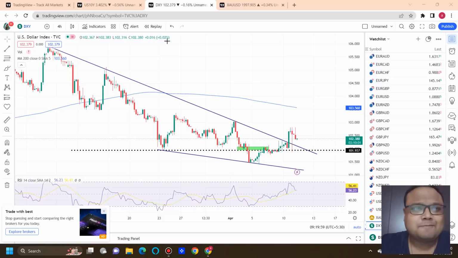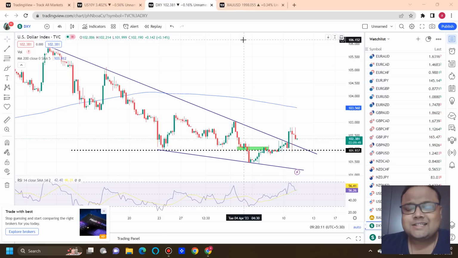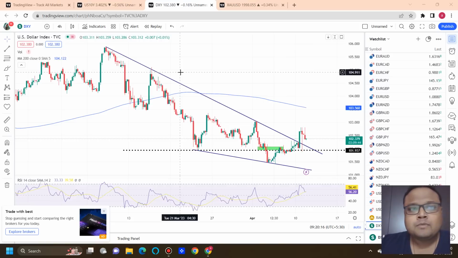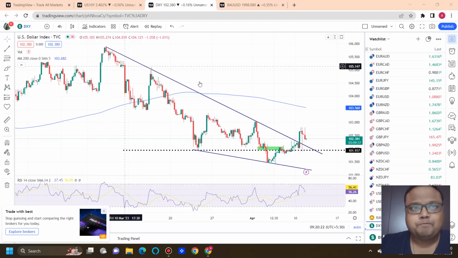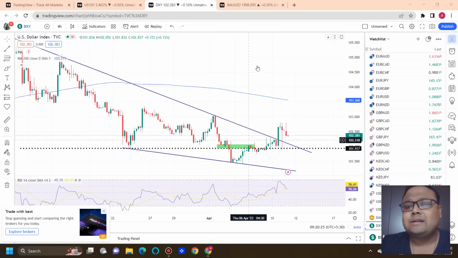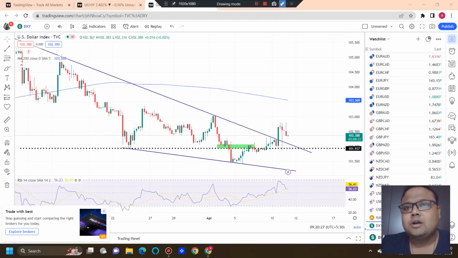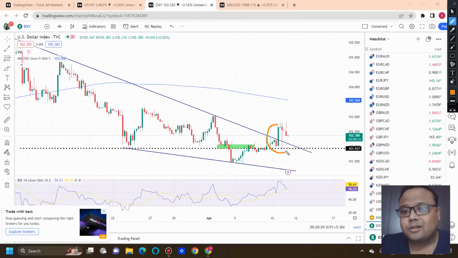So let's get started. My dear friends, yesterday we got to see some crazy moves on DXY. We have been discussing the possibility of an upside on the chart of DXY because we had a clear wedge pattern, which is a trend reversal pattern, and as per our expectation we got the move yesterday. And surprisingly, after a few hours we again saw that the market did not have the power to go up, and we again saw the market going down.